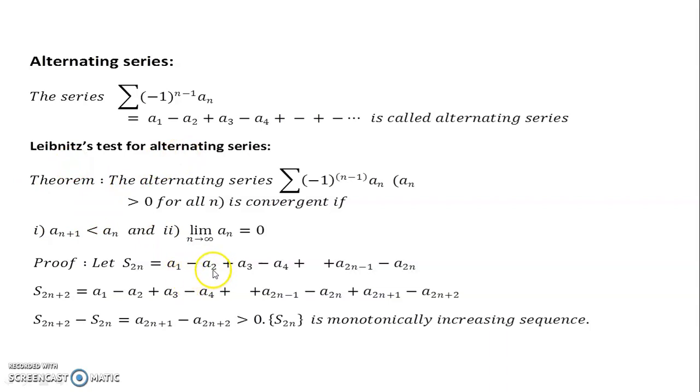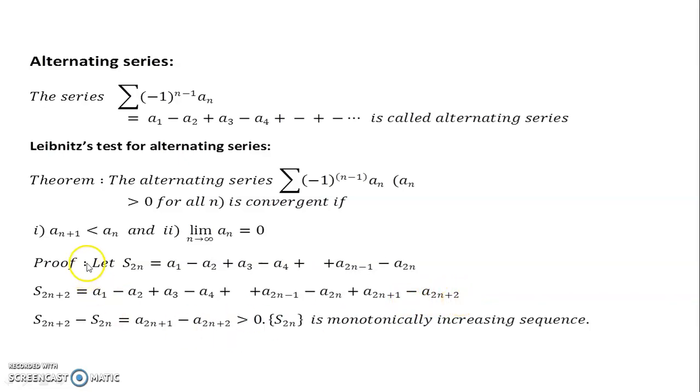It looks like a1 minus a2 plus a3 minus a4 and so on, plus a2n minus 1 minus a2n, and the next term, with n replaced by n plus 1, is 2n plus 2: a1 minus a2 plus a3 minus a4 and so on, a2n minus 1 minus a2n, plus a2n plus 1 minus